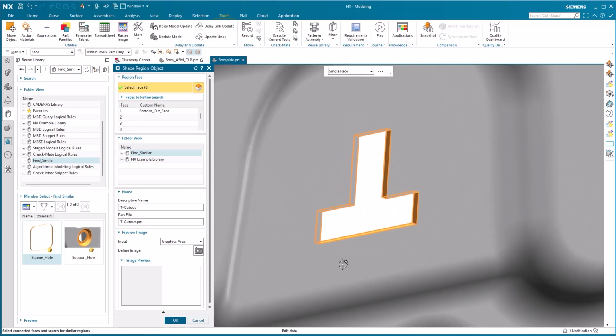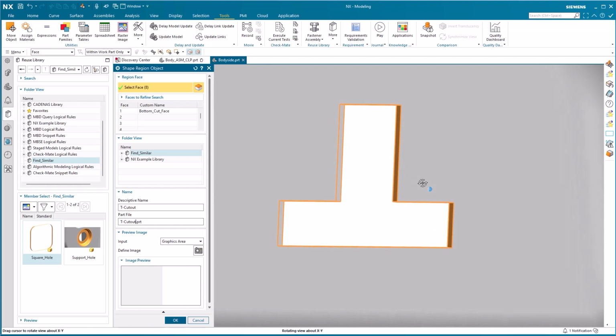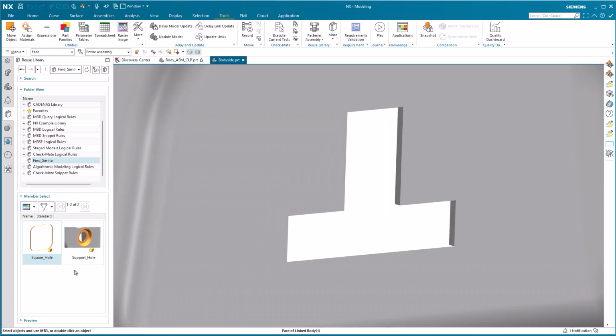To easily identify the shape region when using it later, I define an explanatory image. With the shape region now fully defined, I confirm by OK to the menu.